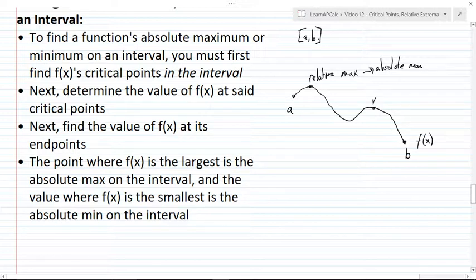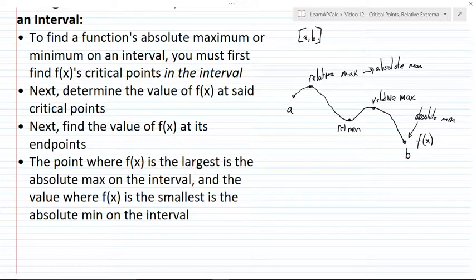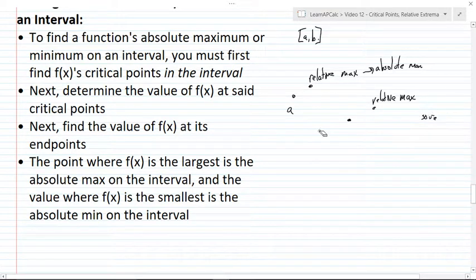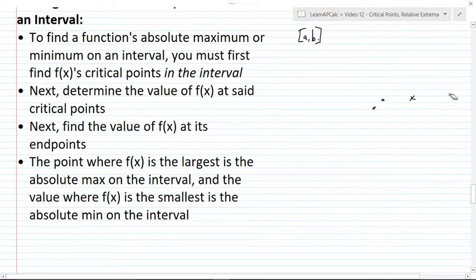Here we have a relative max, but it's just that, a relative max. Here we have a relative min, and here we have an absolute min. So what I'm trying to get at from this is that relative maxes can be absolute maxes. Absolute maxes can be relative maxes, but not necessarily. None of these things are inclusive. So if we want to actually find our absolute max and absolute min, we have to get our critical values